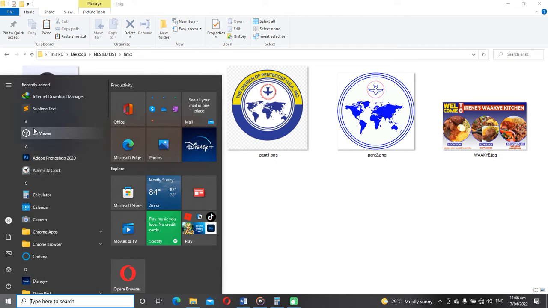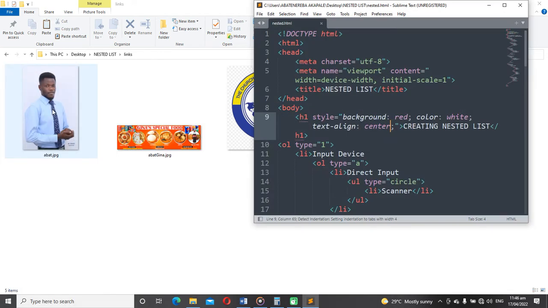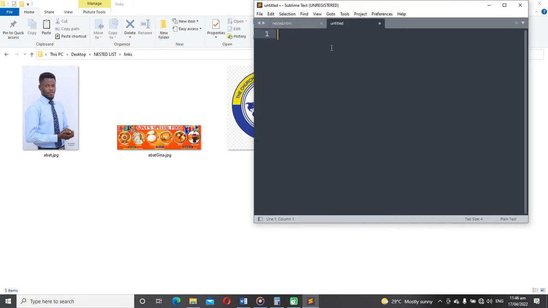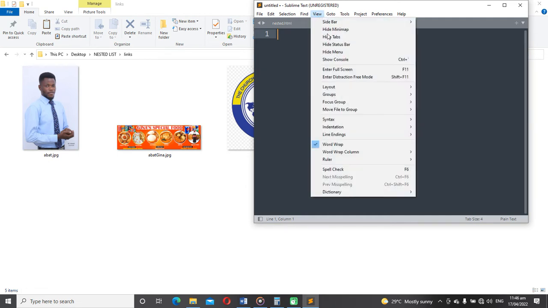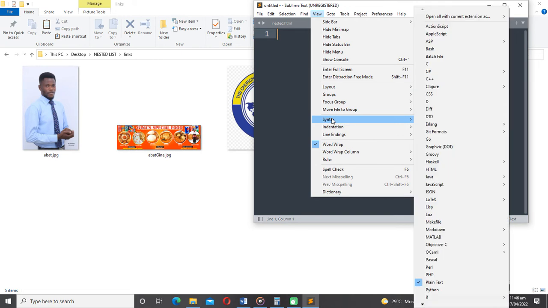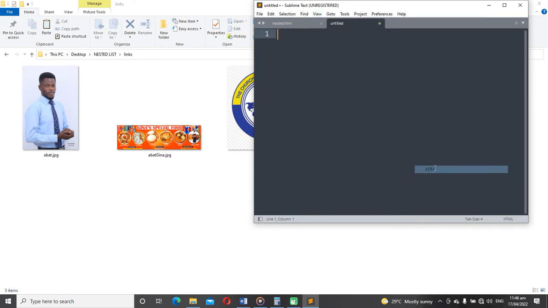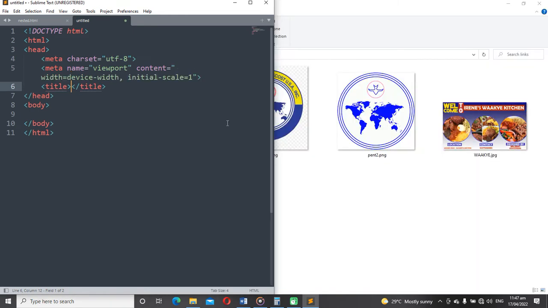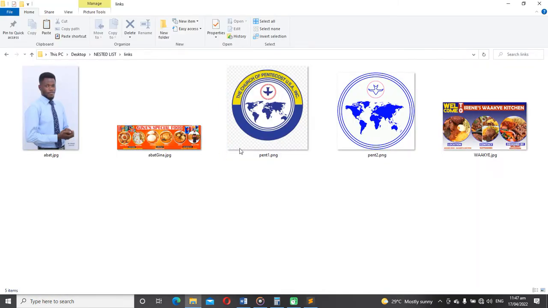So I use Sublime. You can use any of the text editors. Okay, so I want to create a new file, and we are working with HTML, so we need to make sure we are on the HTML extension. So you come here, then HTML, then you press tab. When you press the tab key, it gives you the structure. So that's the structure for you. All right,